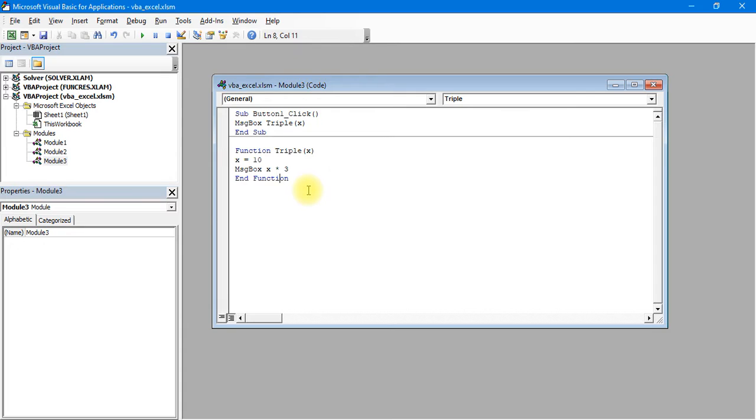So let us directly learn the differences. As you can see, this function that we created, triple x, I wrote x equal to 10, message box x into 3. So this particular function is taking the value of x, and after accepting the value of x, it is showing the value in the message box.